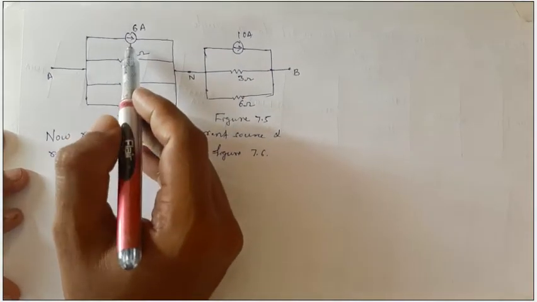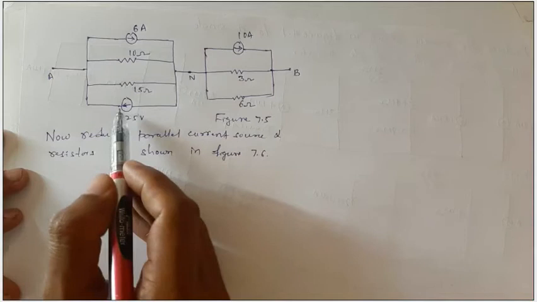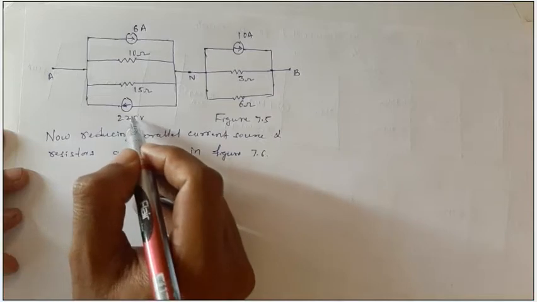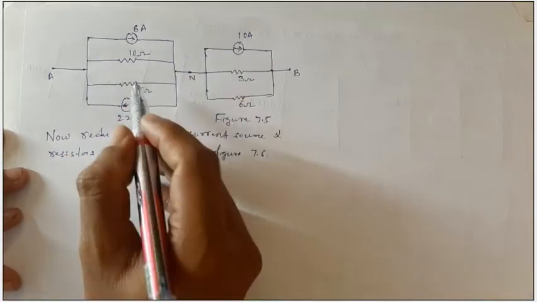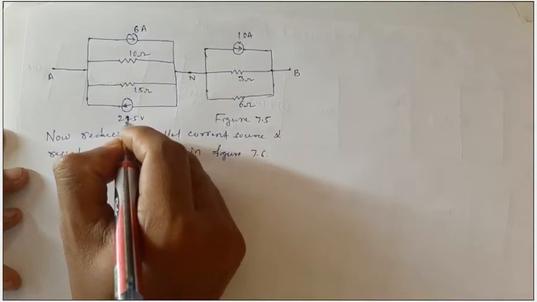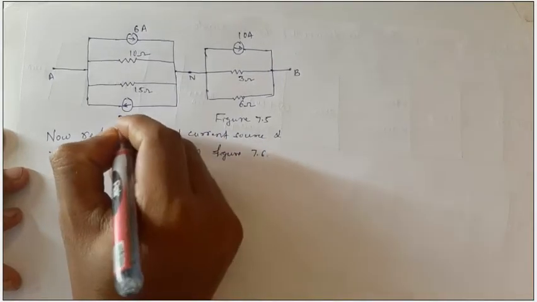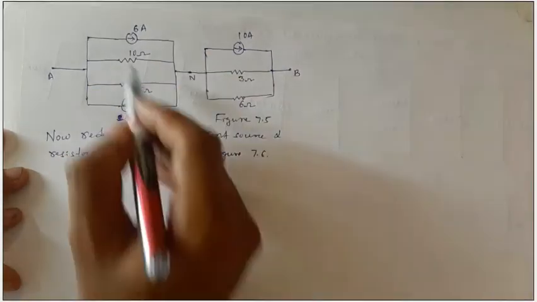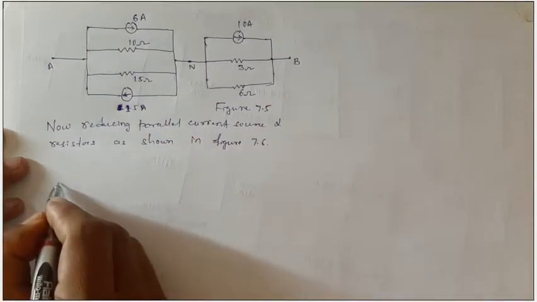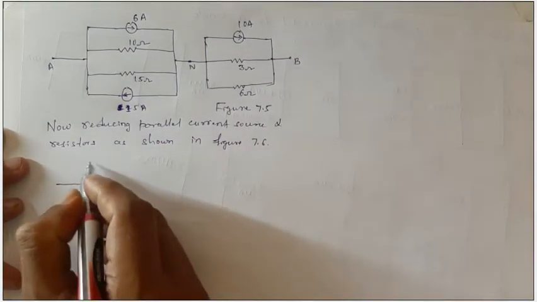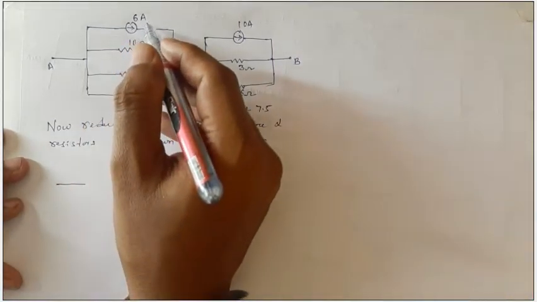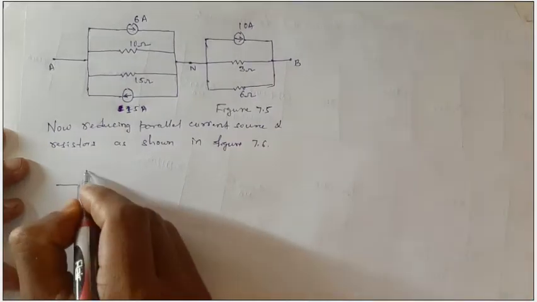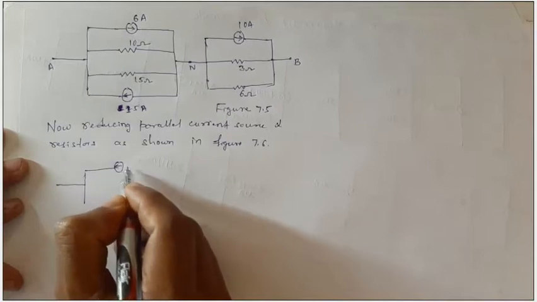The direction of this current source is right side, the direction of this current source is left side, but because this current source is larger, dear students, it is not volt. So this is 225 volts divided by 15, this is 15 ampere, sorry. 15 ampere in this direction and this 6 ampere is in this direction. Because of that, 15 minus 6 ampere, how much do we get? We get 9 ampere in this direction. That 9 ampere will be there.